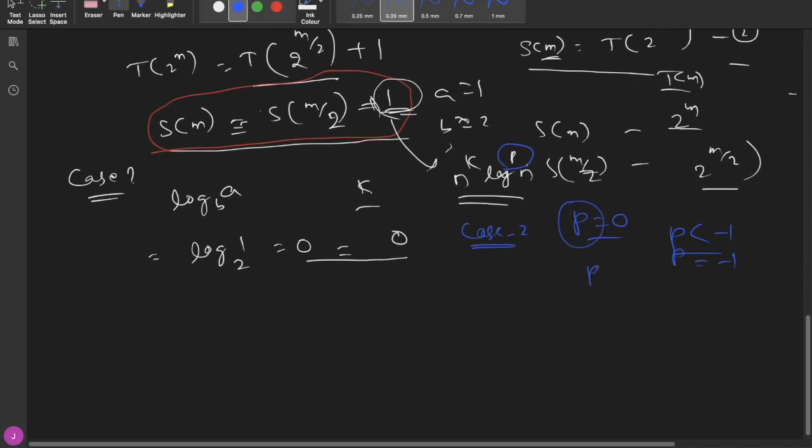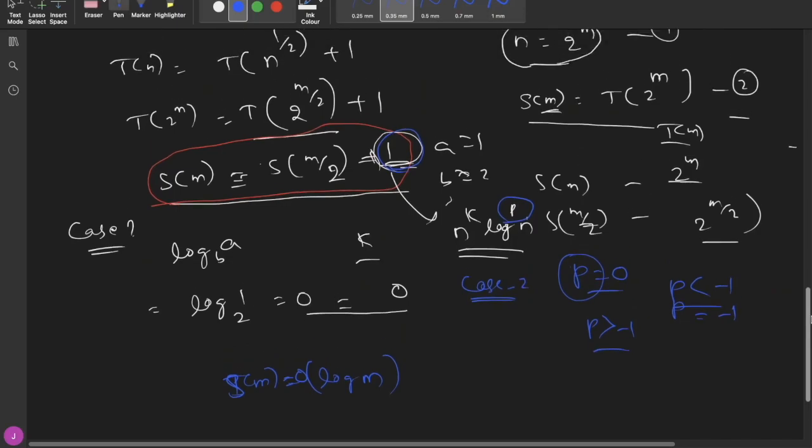So now the p value is greater than -1, so there should be no issue. What will we be doing? We will just multiply a log m to this part to make it stronger. I am multiplying by log m in this part so as to make it stronger. So the time complexity S of m equals order of log m.